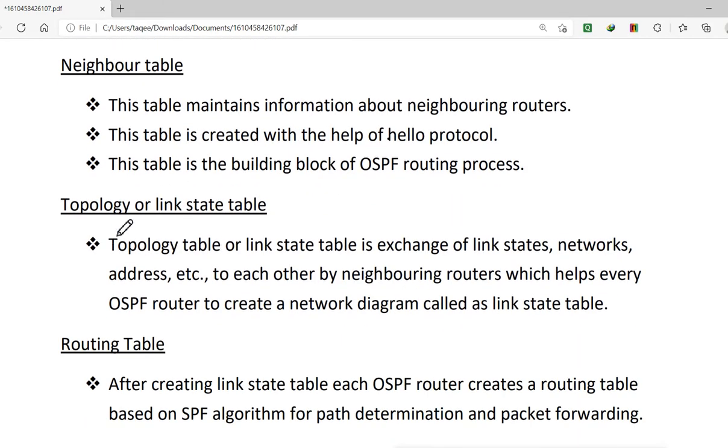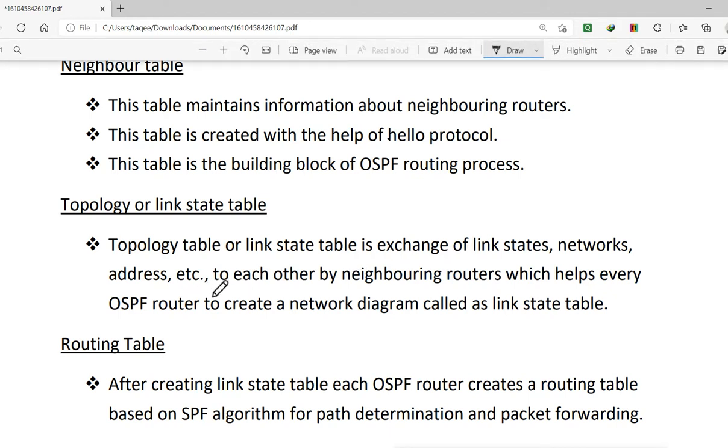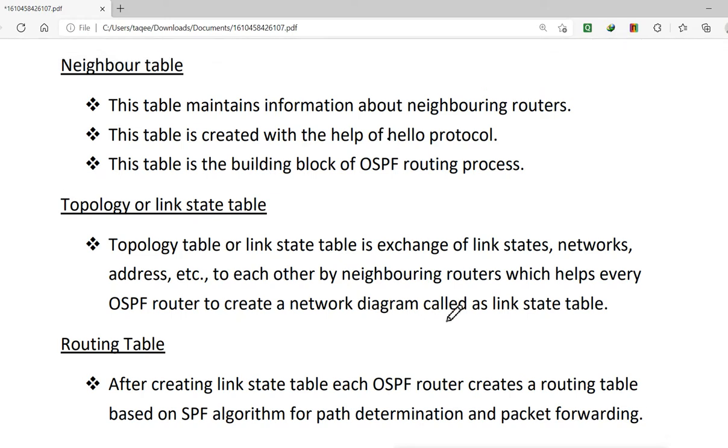Then we have the topology or link state table. This is also a table we have in OSPF, where link states, network addresses, etc. are exchanged. In this, OSPF stores the information about the link state and network addresses, exchanged with each other by neighboring routers, which helps every OSPF router create a network diagram called the link state table.